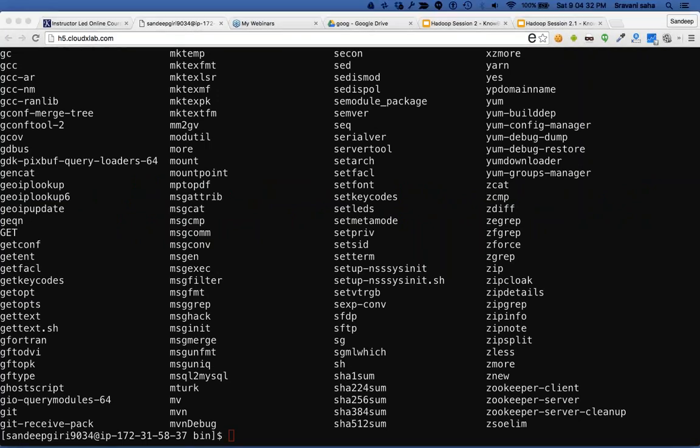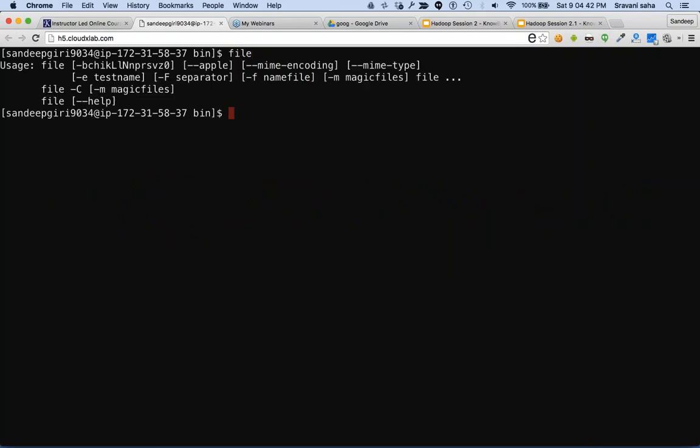Sukhvinder is asking, how can we view the programming behind ls? Unfortunately, there is a command called file. This file command tells you what is inside the program or inside any data file. So if I give it file t.py,